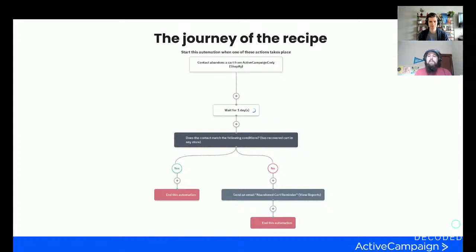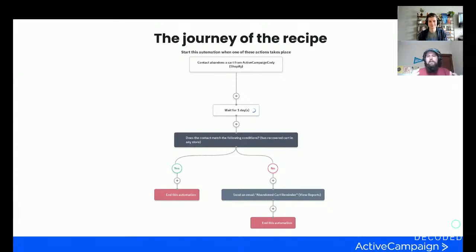We're going to see, hey, did they recover the cart? If so, we're not going to send anything. That's great. But if they haven't, we're going to send that abandoned cart reminder and either do an offer, do however you want, or just say, hey, you forgot these. And then, of course, if you want to build out more messaging, we could have other messages and other if-else actions built out. I just wanted to point out the customization of this.